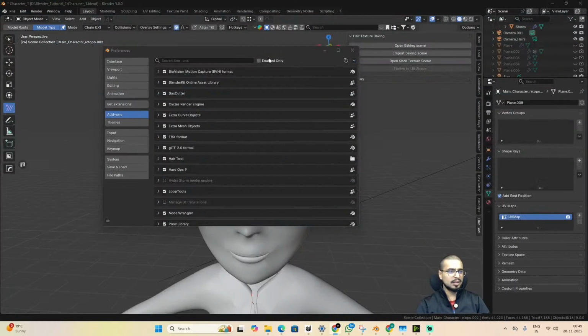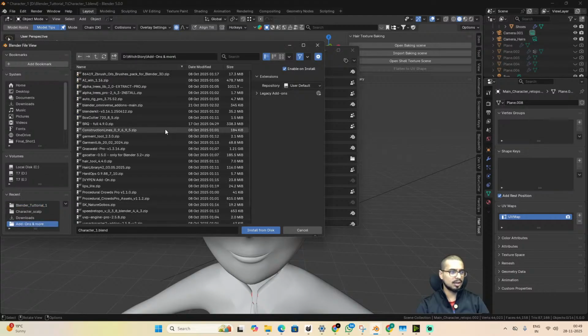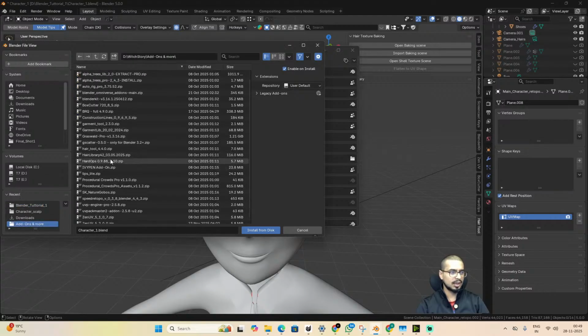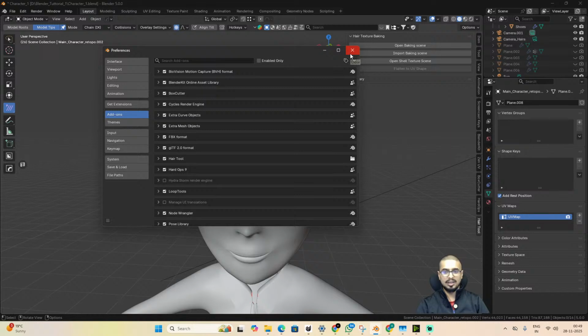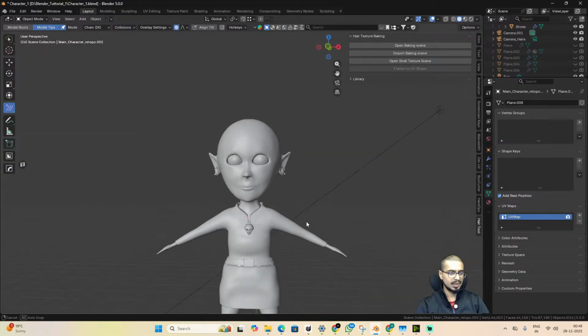Anyway, let's start. You need to just download the file and simply click on install from disk. Go to where the add-ons are, and this is the hair tool add-on, and you need to click on it and it will get installed. I'm using the latest version. I'm not using the same version I just showed you there. But anyway,